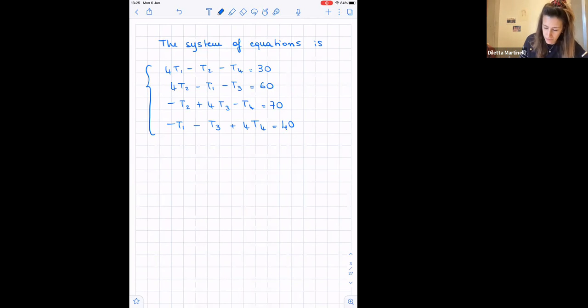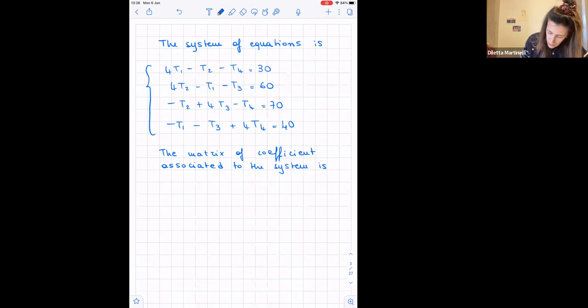Exactly. So the matrix of coefficients associated to the system is,